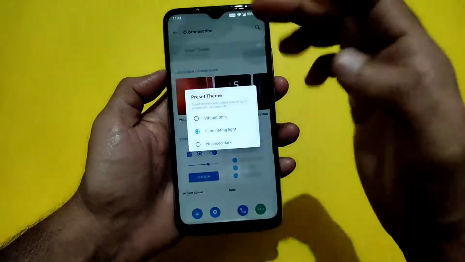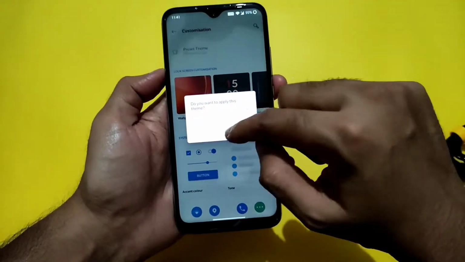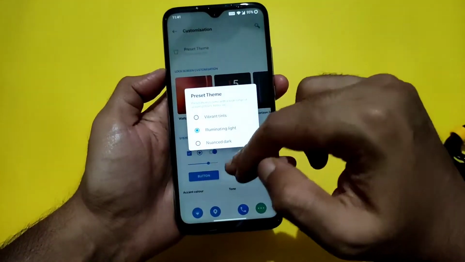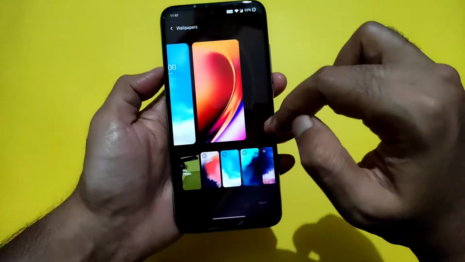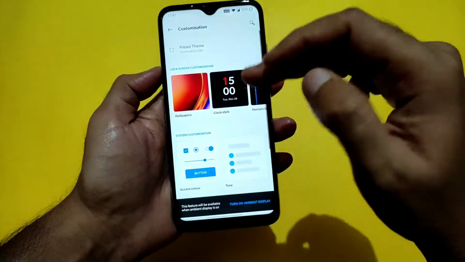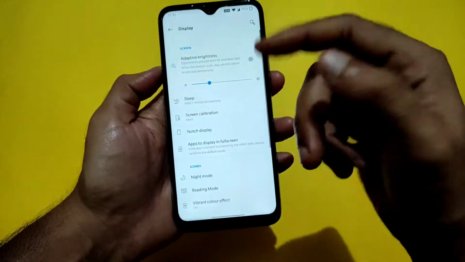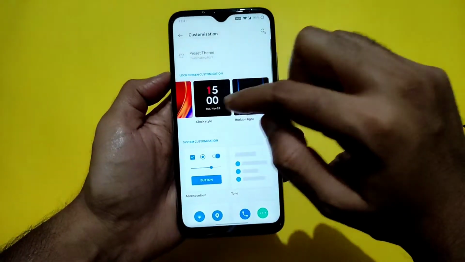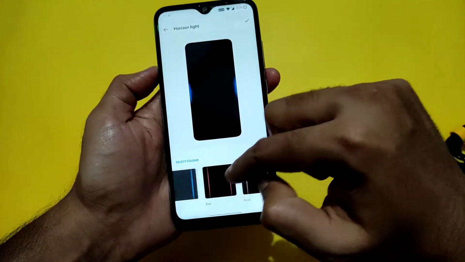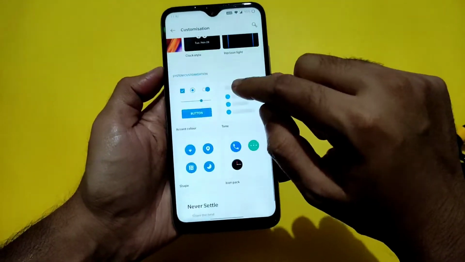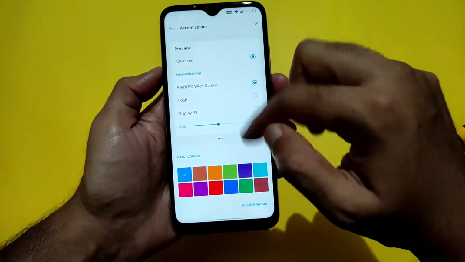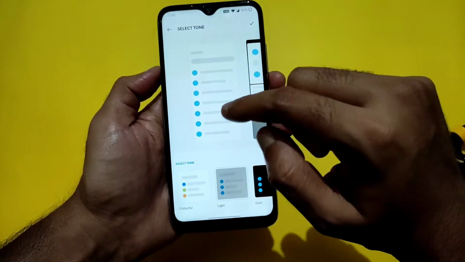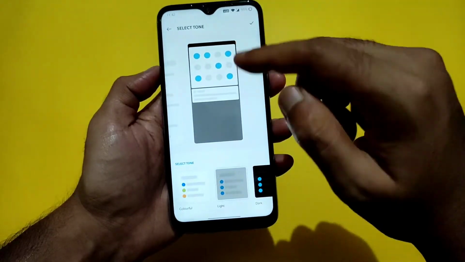In the customization, you get vibrant tints like this, 3 pre-installed themes here, wallpapers as I already showed here, and the clock style you can also choose from here if you turn on the ambient display, and horizontal light, those things are also given. And even in system customization, you can choose the accent color and the tone like this.